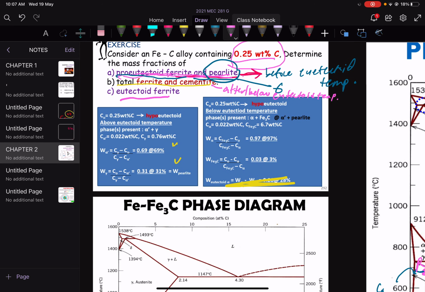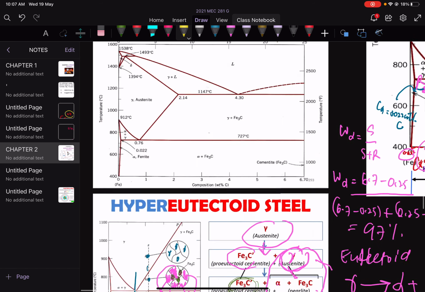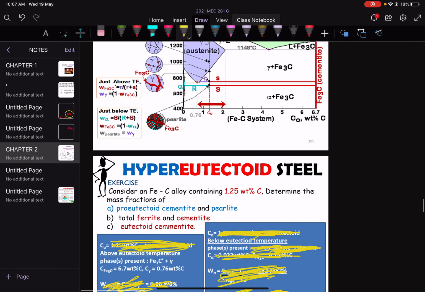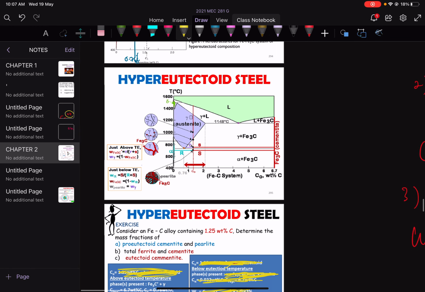So how are we going to find the eutectoid ferrite? Just simply by taking the total ferrite minus the proeutectoid ferrite. Okay, then you will get the answer 28%. So can you try to do the hypereutectoid one as well? Okay,